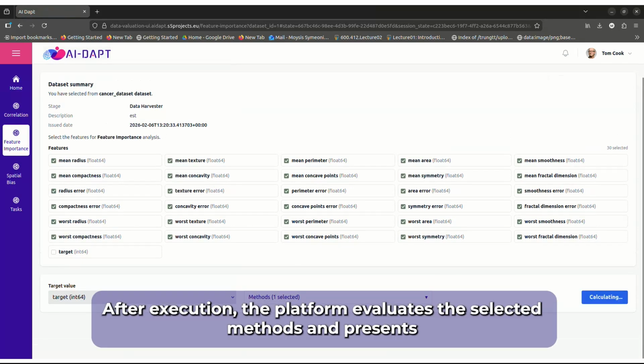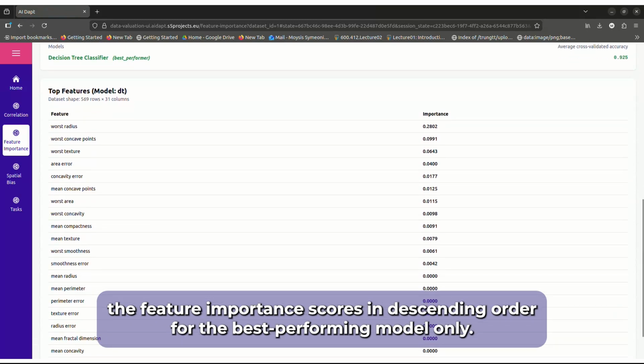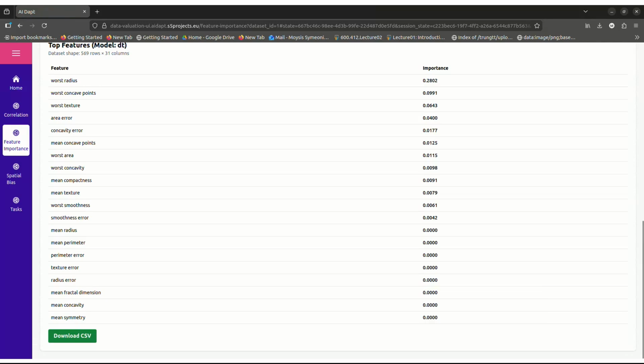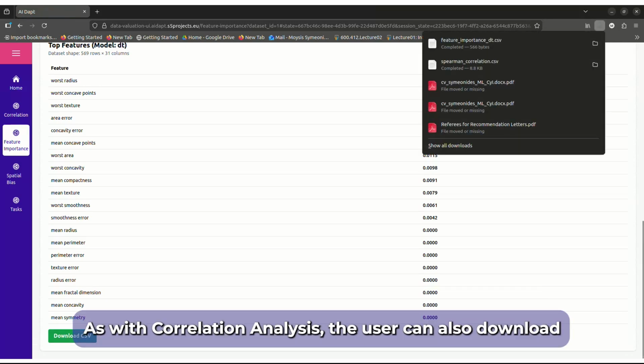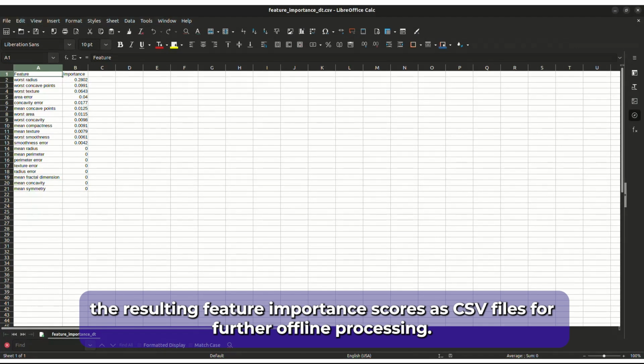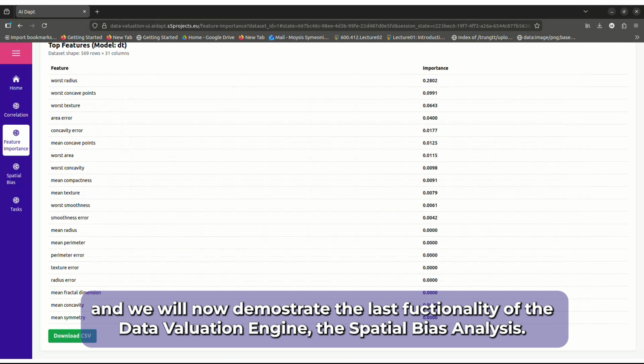After execution, the platform evaluates the selected methods and presents the feature importance scores in descending order for the best performing model only. As with correlation analysis, the user can also download the resulting feature importance scores as CSV files for further offline processing. This concludes the correlation and feature analysis tool, and we will now demonstrate the last functionality